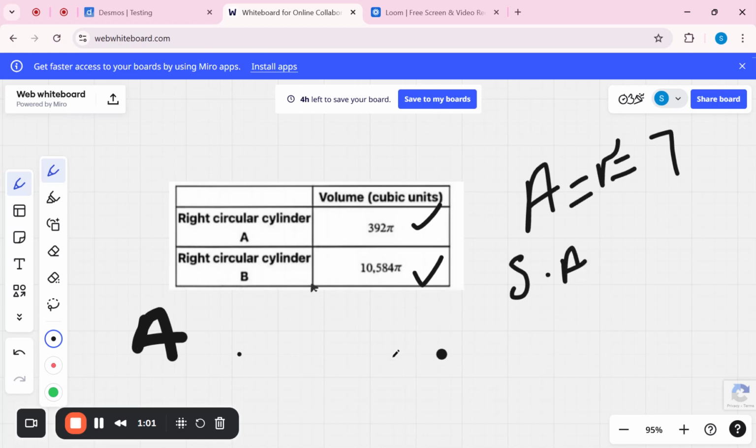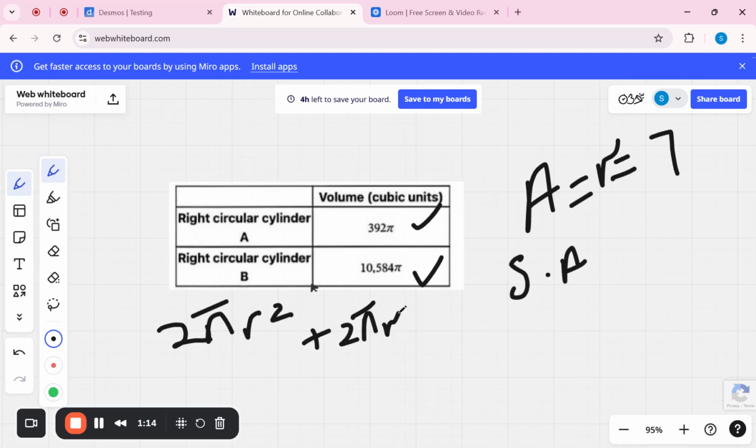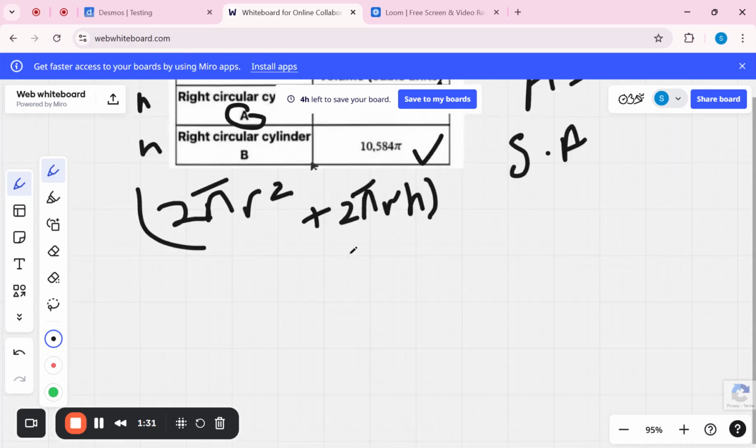Now to mention this, the surface area of a cylinder, sorry, is pi r square plus 2 pi r h. Guys, this is the surface area of a cylinder. First of all, we need to find the height and the radius of both of the cylinders. We know the radius of cylinder A, we just need to find its height, and we know that the volume is pi r square h is equals to